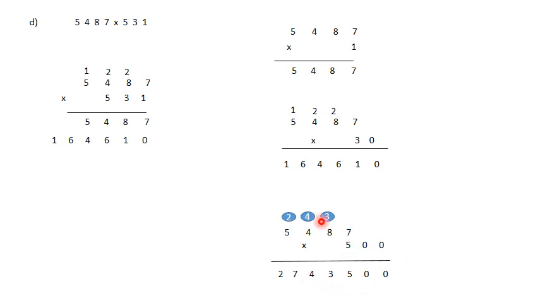See here, 5 7s are 35, 5 8s are 40, plus 3 becomes 43, 5 4s are 20, 20 plus 4 becomes 24, 5 5s are 25, 25 plus 2 becomes 27. Now this number we will write down in the third row. Okay, and here we have encircled the carry forward.